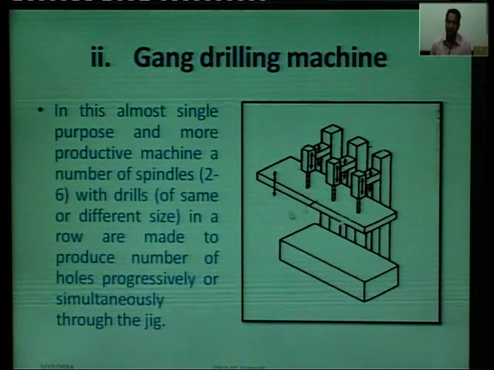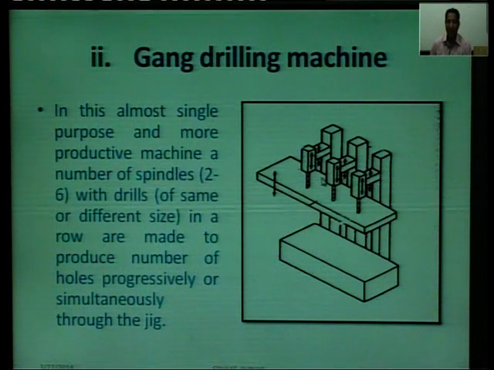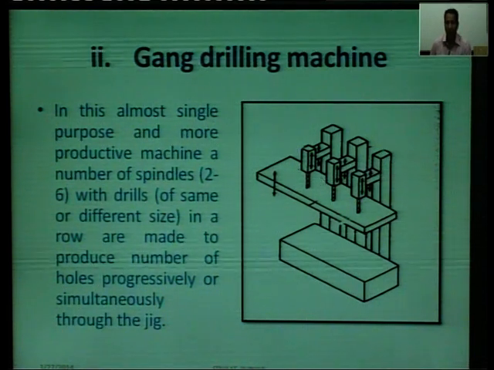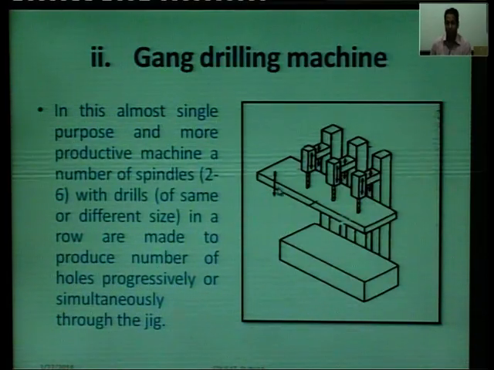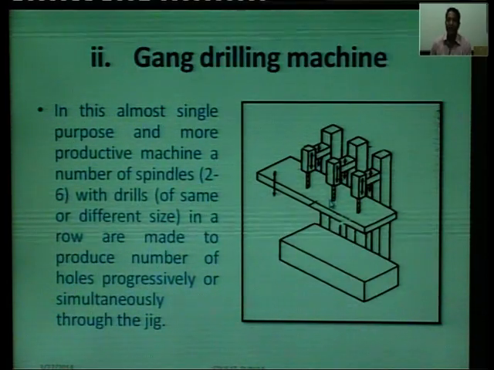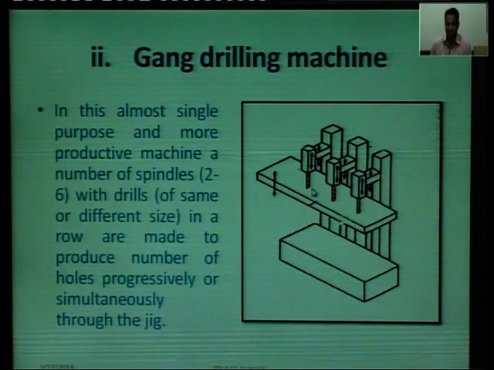This is a gang drilling machine. As its name indicates, the drilling machines are operated combinedly in the form of a gang, means there are a number of drills operated at the same time and the number of drills varies from 2 to 6.